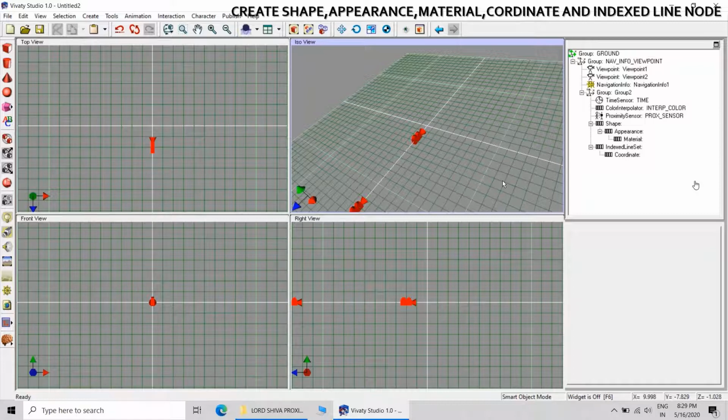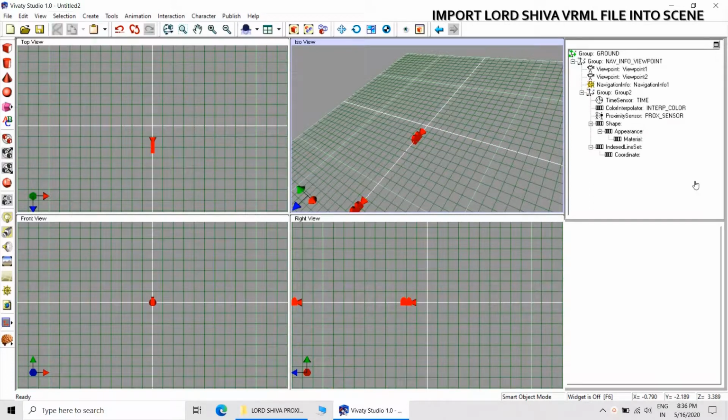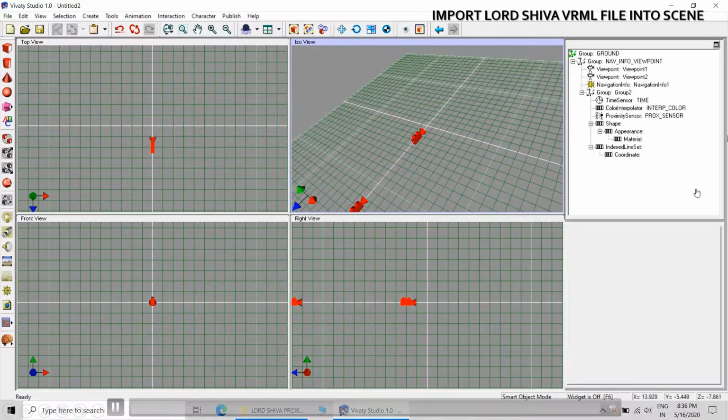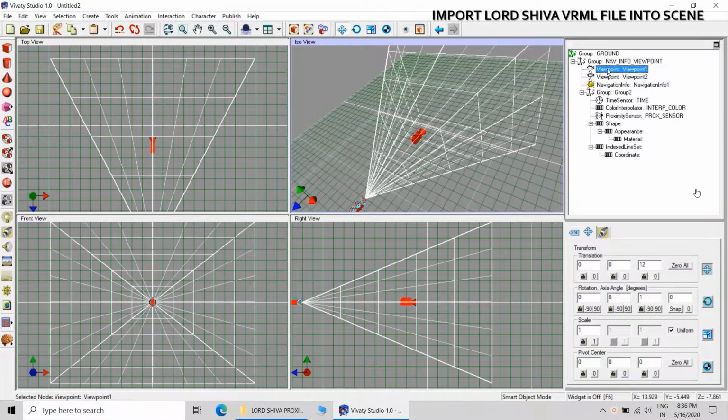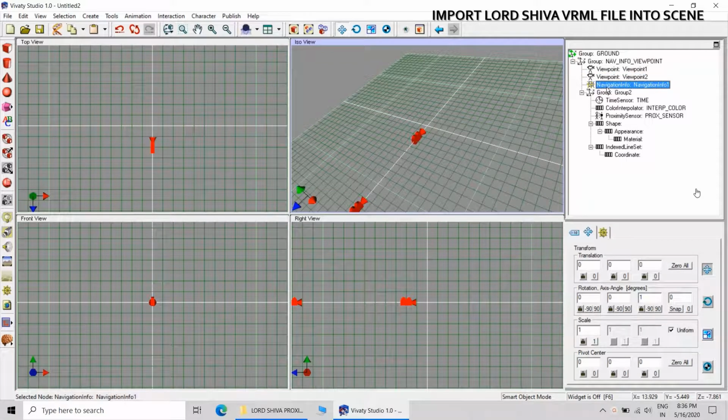Now in the next step, we will be importing the required statue. Now in this particular step, we will be importing the statue. Now this group is not at 0, 0, 0. So you can see that, and that's why the proximity sensor was also shifted from the absolute 0, 0, 0. Now you can see that it is perfectly at 0, 0, 0. Bring all the nodes at perfect 0, 0, 0 position. That is very much required.